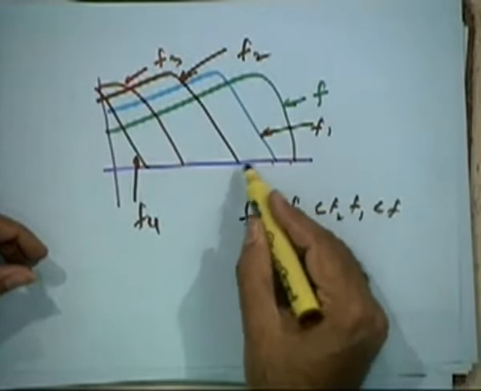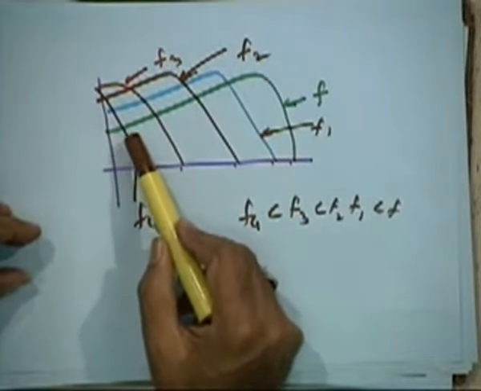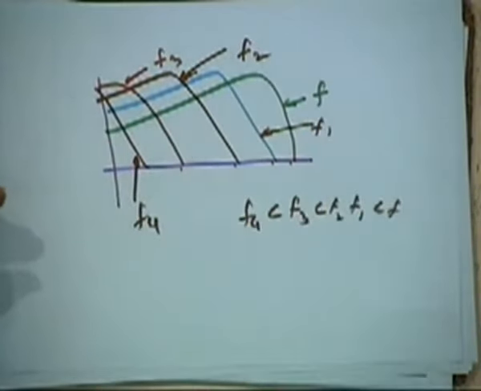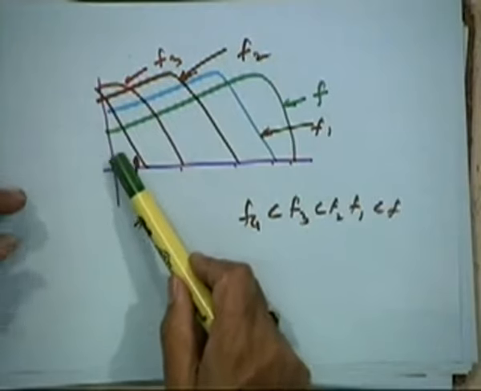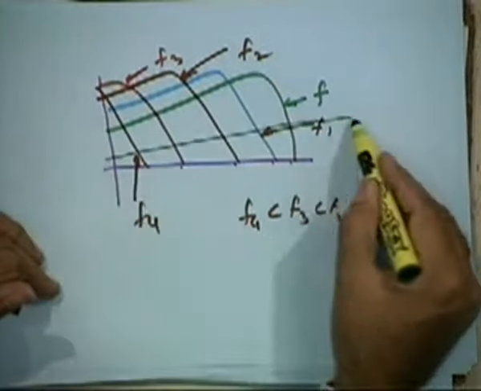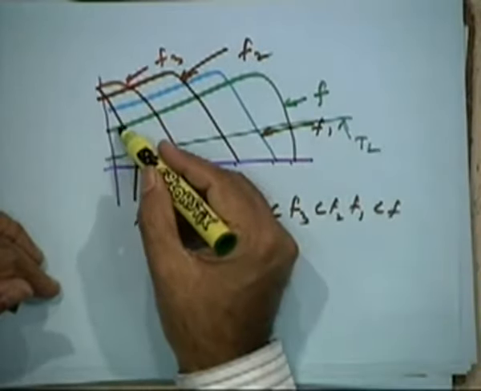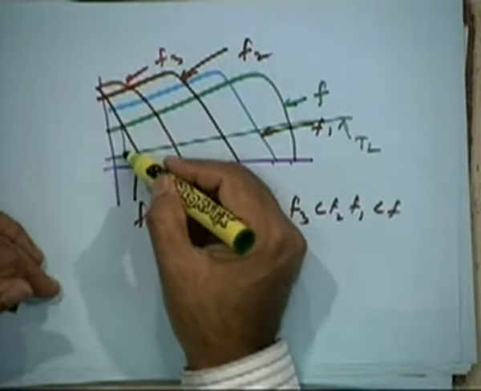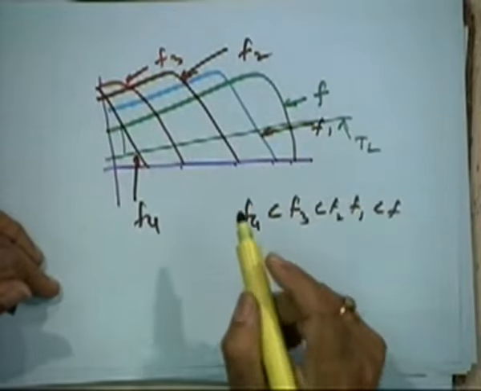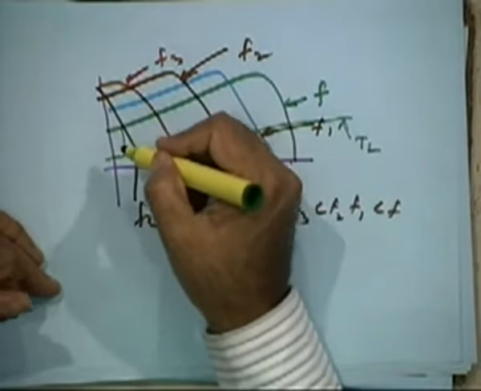You go on, because synchronous speeds will change. Therefore, you are going to shift from one characteristic to another as you change the frequency, right? So this is how the speed would go on changing. Initially, if your load characteristic is like this, you will notice that throughout you have a very high accelerating torque. So you can have a good starting torque by having low frequency.